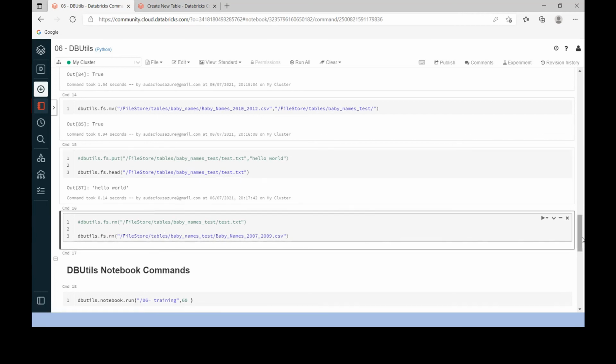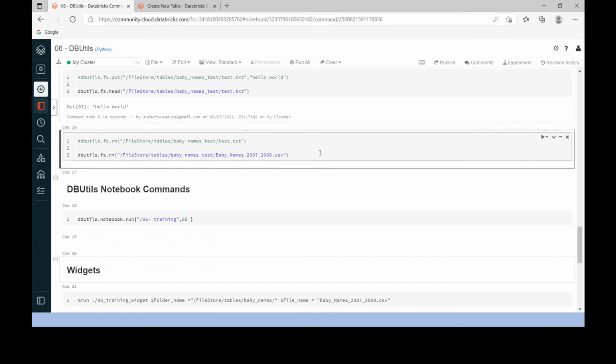Coming to the next command, rm. This command is used to delete a file from a location. So we have to give the file name or folder name. Here I have given the file name. I'm going to remove this file, baby names 2007 to 2009, from the baby names test location.